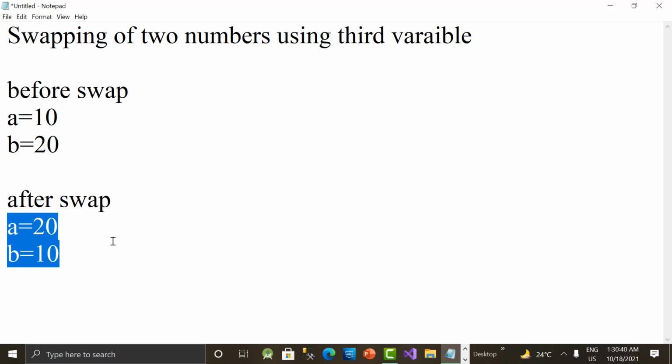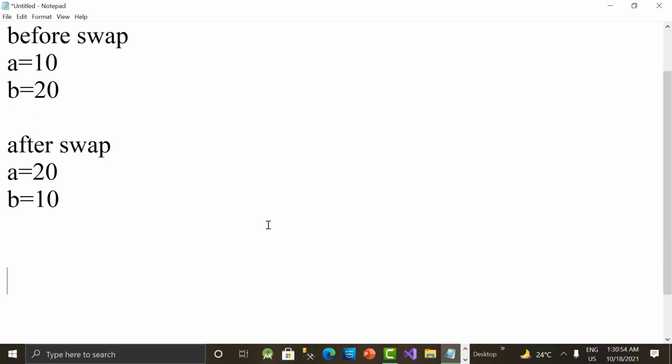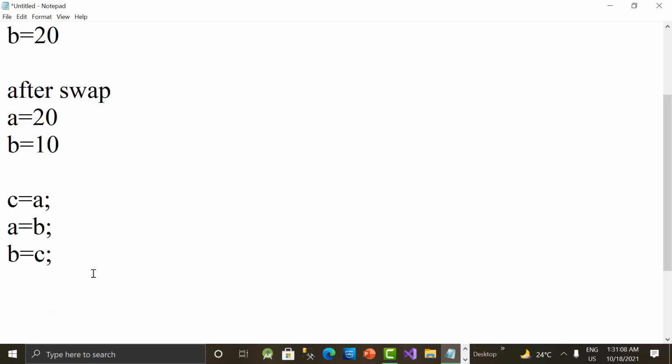For this, I'm taking a variable called C, or you can name it temp, as a temporary variable. It's your wish with what name you want to go ahead. So let's see the logic for this, guys. I'm taking this variable as C. So what we are doing is C is equal to A. This is the logic we need, right? A equal to B and B equal to C. Okay. So these are the three lines we need to write in order to do swapping, guys.